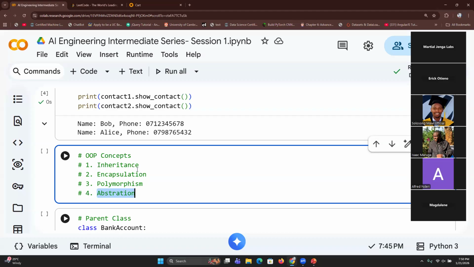So anyone to volunteer and research for us what is inheritance in object-oriented programming? So anyone to volunteer? Yes, so I think Magdalene, you've researched for the first one. Yeah, so if you're researching on